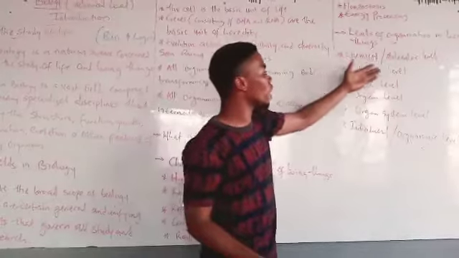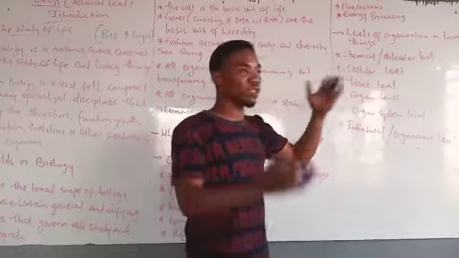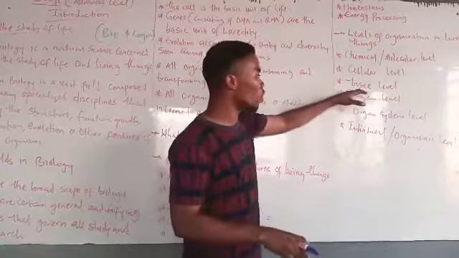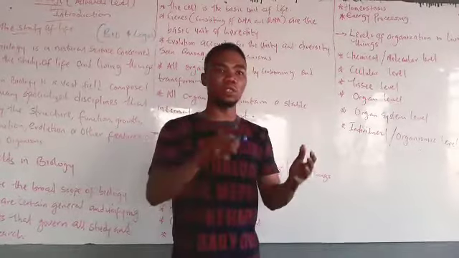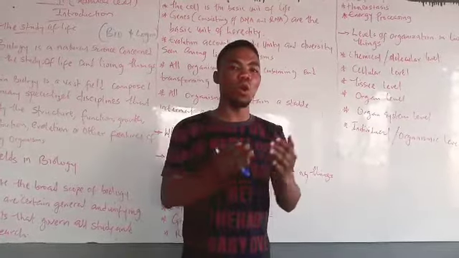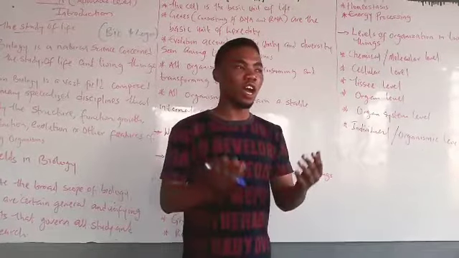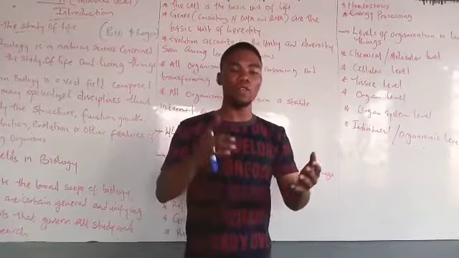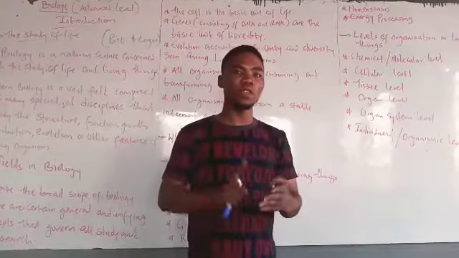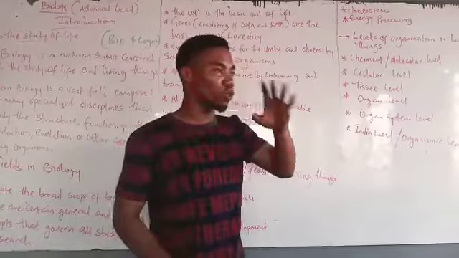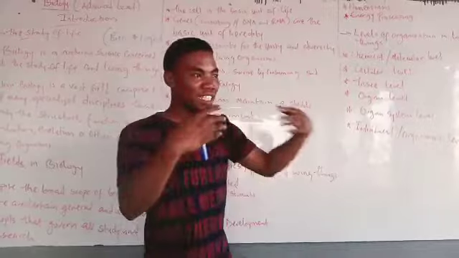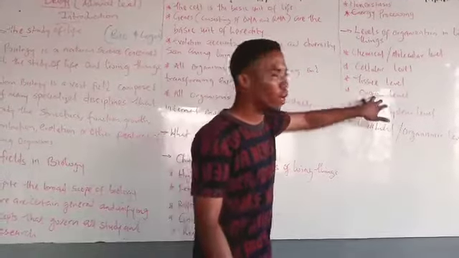And then from the cellular level, we have aggregation of cells from the same origin and performing the same function to form what we call a tissue. So when cells that are performing the same function and are of the same origin come together, they form what we call the tissue. And we have 4 basic tissues in the body: the epithelial tissue, the connective tissue, the muscle tissue, and the nervous tissue. All these 4 tissues are the basic tissues in the body that then form the next level of organization, which is the organ level.